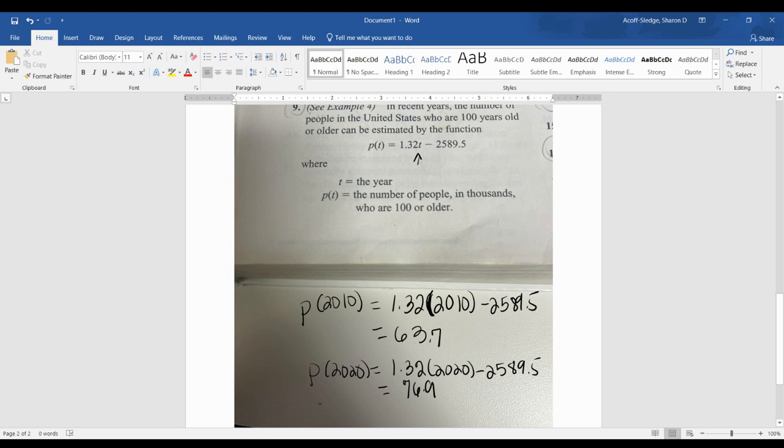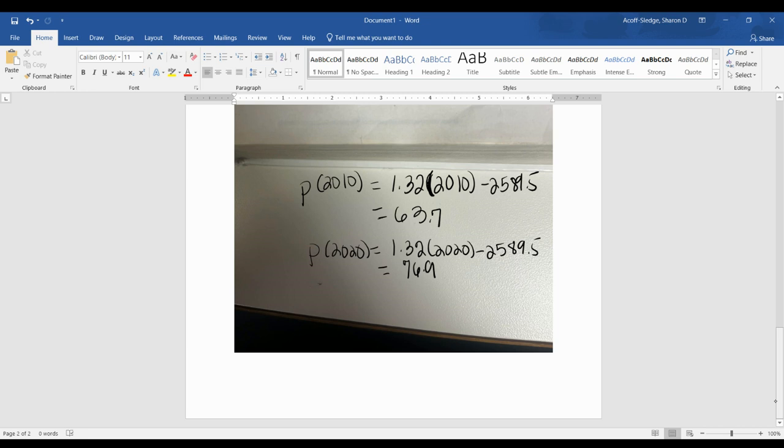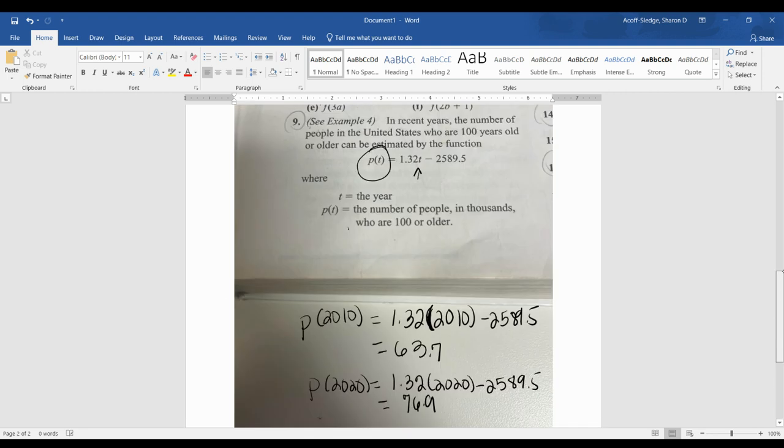Use the function to estimate when the number of people 100 years or older will reach 100,000. So that means I'm going to set this to 100,000. So let's see if it even happens. So P of T is going to be 100,000, and that's equal to 1.32 times T